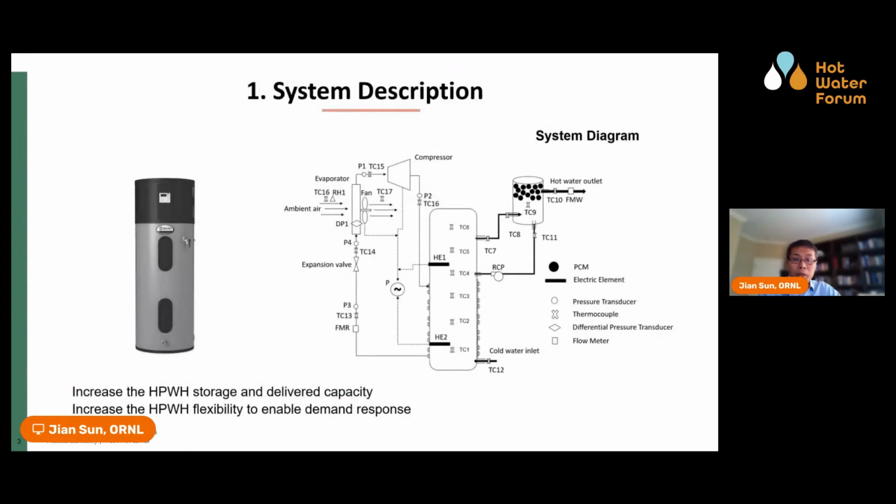The concept of the new system design is to add phase change material thermal energy storage capability into the standard heat pump water heater. The motivation of this new system design is to increase the heat pump water heater storage and delivered capacity, also increase the flexibility to enable demand response. The additional storage capacity will allow for a large amount of peak shifting without sacrificing the quality of the hot water